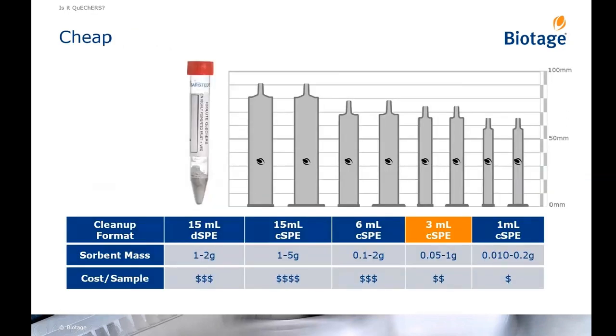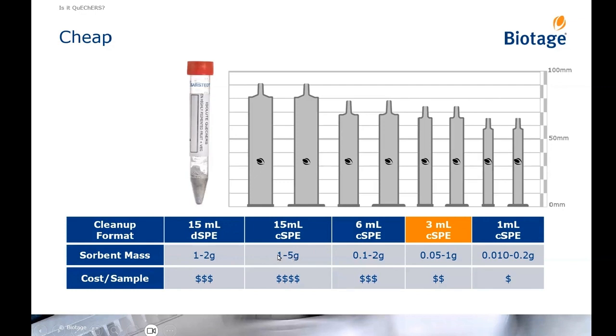Now, cheap. When you look at cheap, you kind of have to look at what's the sorbent that's used in the QueChERS technique. The traditional QueChERS dSPE uses about 1 to 2 grams of sorbent in the tube, and that's the bulk of your cost right there. I mean, you have the cost of the tube, the cap, but the bulk of your cost is that sorbent right there. So if you look at a 15 mil column SPE, that can pack anywhere from 1 to 5